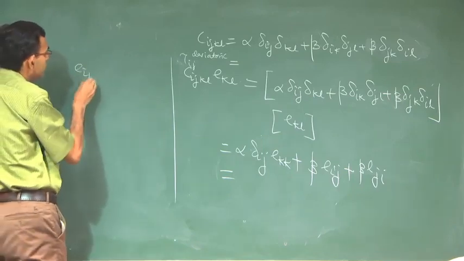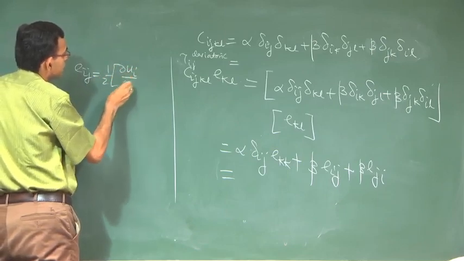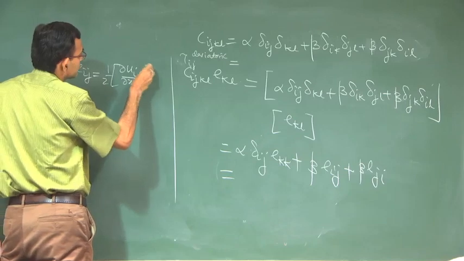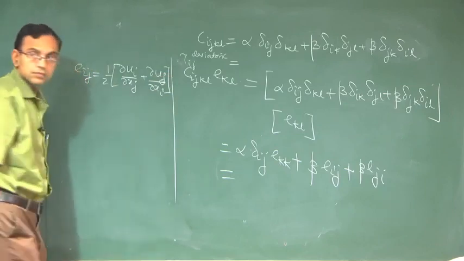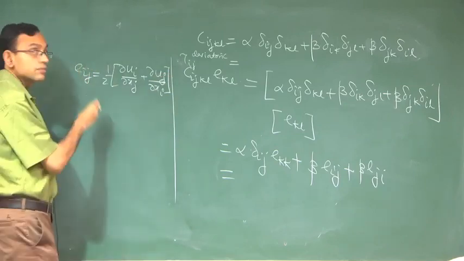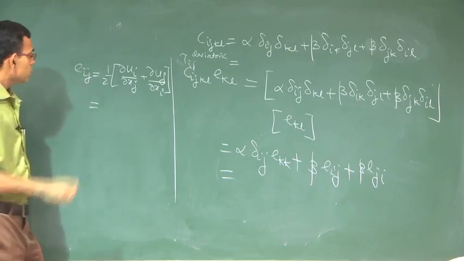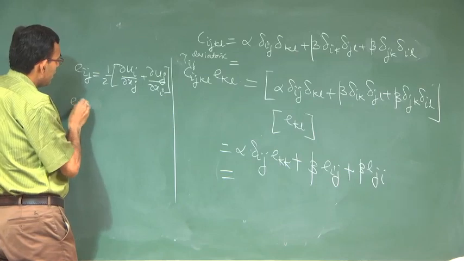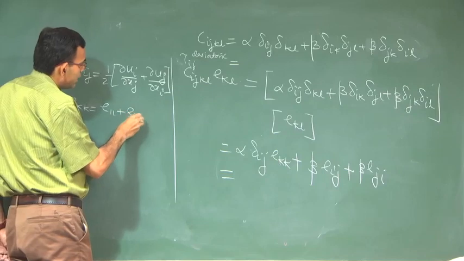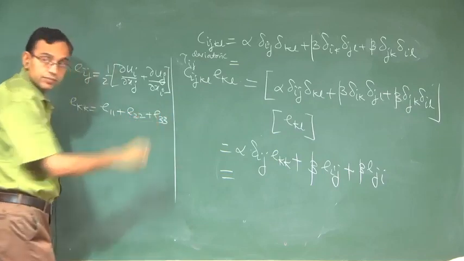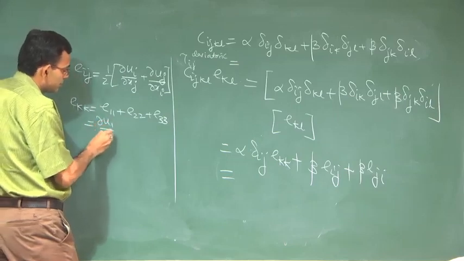So, Eij, okay. So, Ekk is E11 plus E22 plus E33, right. So, that is del U1 del x1